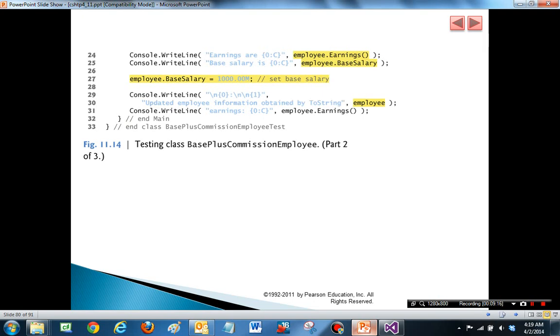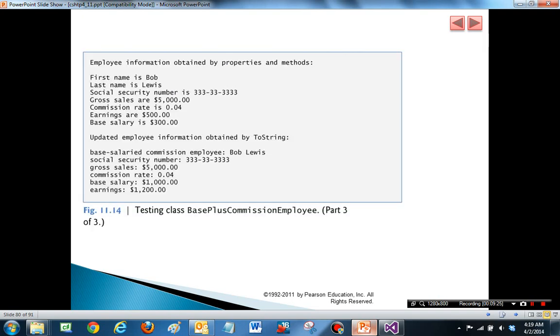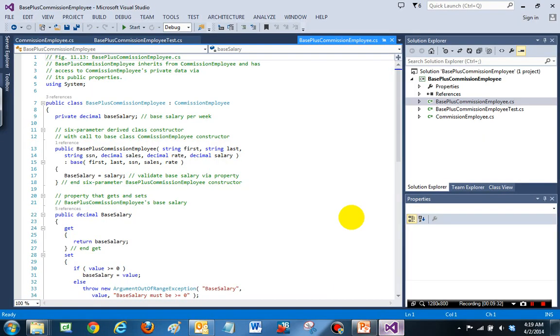And when we change the base salary, we use a public property, and then the toString methods and the earnings as before, leading to the same output as before. So this is the best implementation of